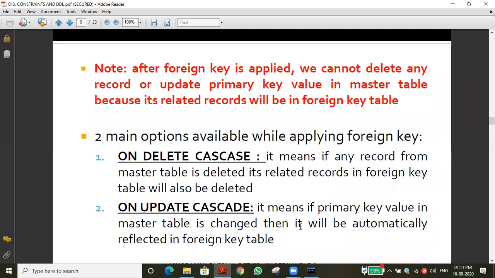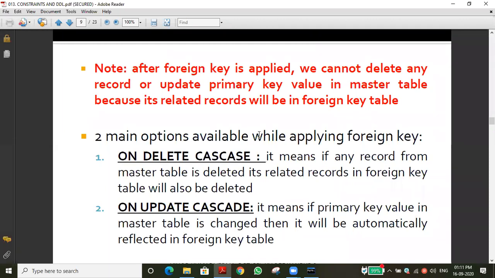Next thing, there are 5 options. Apart from that, in the slide they given 2 options only. Of course, the 2 options are basic options and very important options too. I will tell the names of the 5 options: on delete cascade, on update cascade, restrict, no action, set null. So what is the use of these options, sir? Suppose you are asking, let me see lively how to apply the foreign key, then how to make use of the foreign key in a live program. I mean live exam. We will see an example.